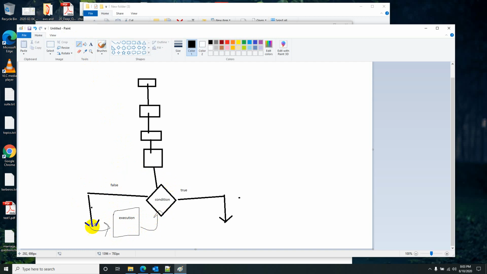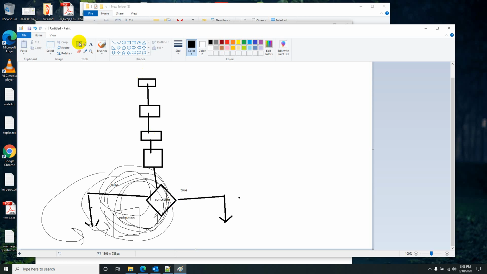So if it is false, it will continuously loop, infinitely, or as long as the condition holds. It checks the condition the first time. If it is false, it comes to this execution part, and again comes to the condition. If it is false, again it will loop. So to frame such kind of logic we use loops.